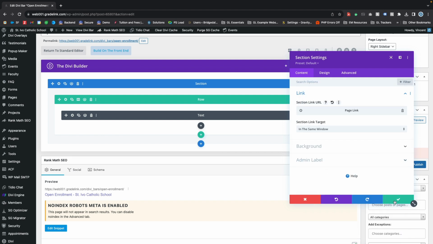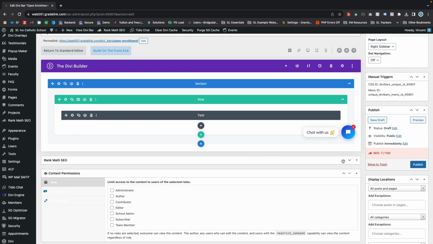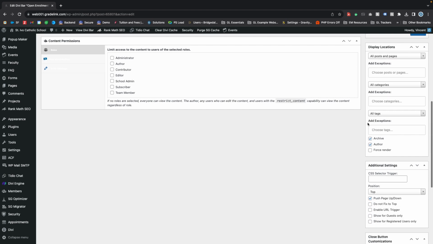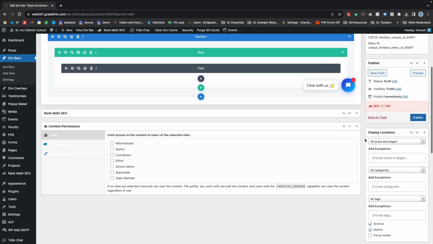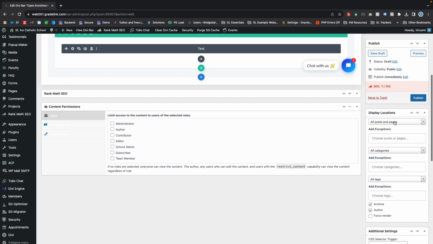Click on the green check mark to save changes, and again for the section settings, and now the announcement banner has been set up. There's just a couple of other settings that we can configure, and that should take no more than a couple of minutes. We're going to want to scroll down to view these sidebar settings